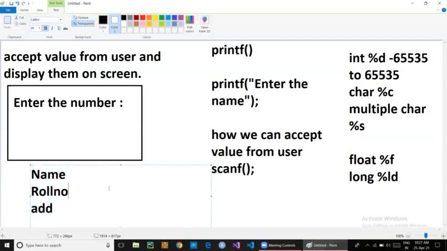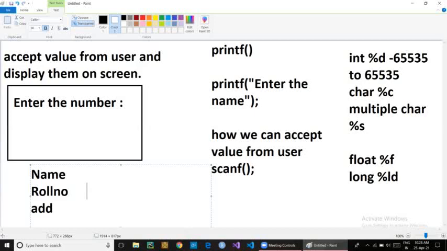Okay, friends, remember one thing, that it's very important. If you are going to declare any variable, then give that variable a name similar to the data type you are storing in that variable. If you are going to store the student name, then you can give the variable the name std name.